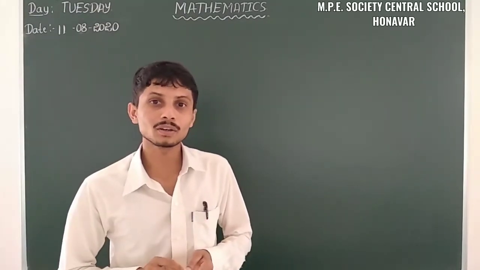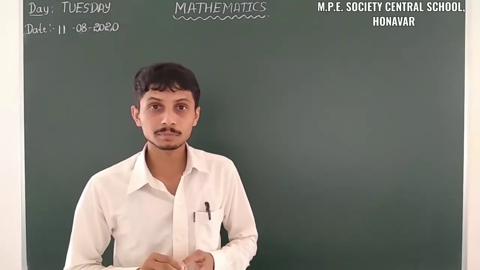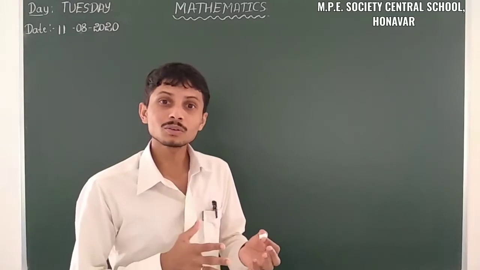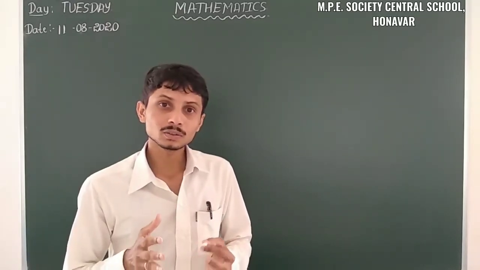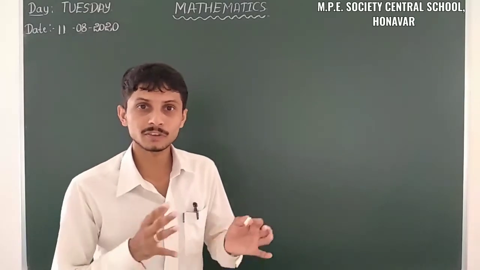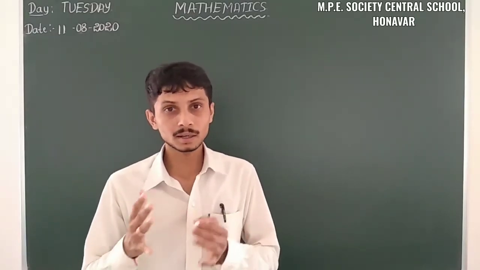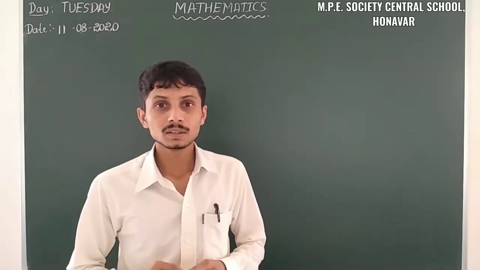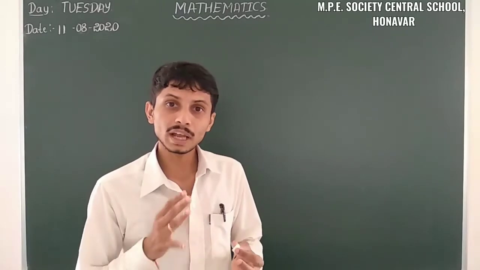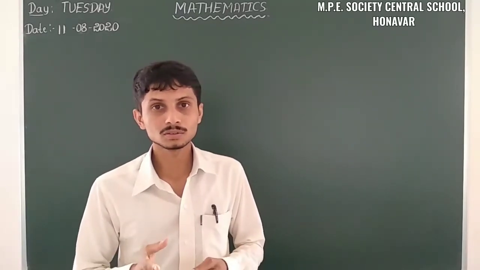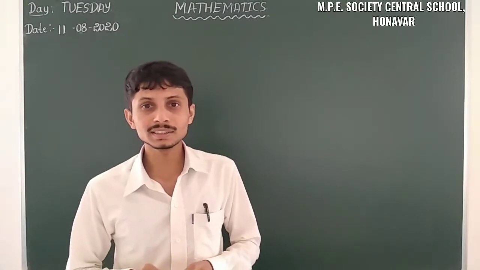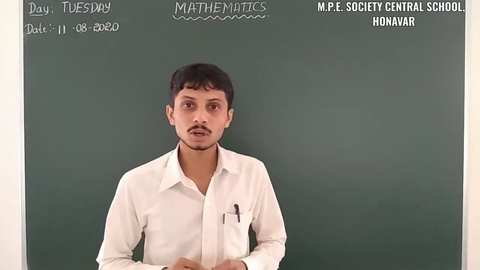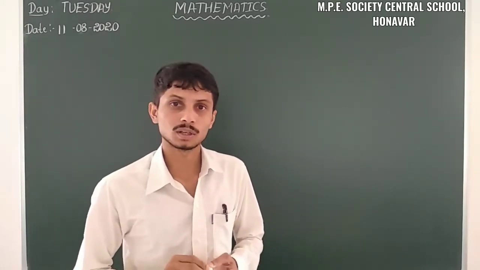So here we have to find the quadratic formula. That means here we have to solve the quadratic equation. When we solve the quadratic equation, we take some methods, that is the factorization method, which we already know, and the completing square method, which we also know. But beyond these methods, we can use a formula. The formula is the easiest method to get the roots. So let us move on to the next topic, that is quadratic formula.